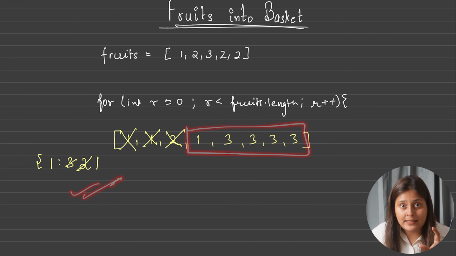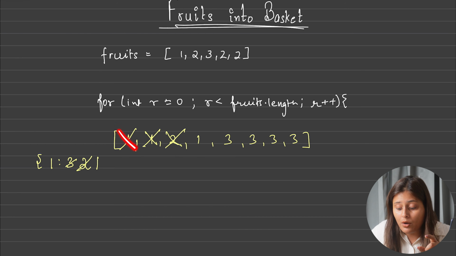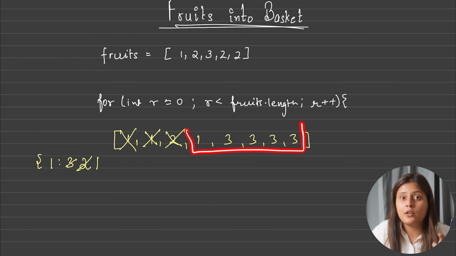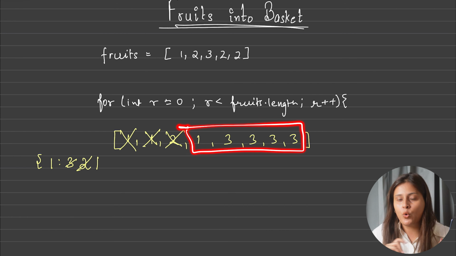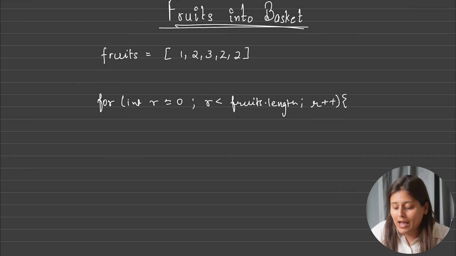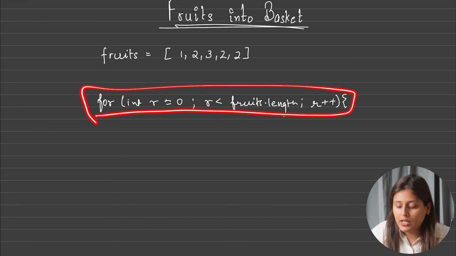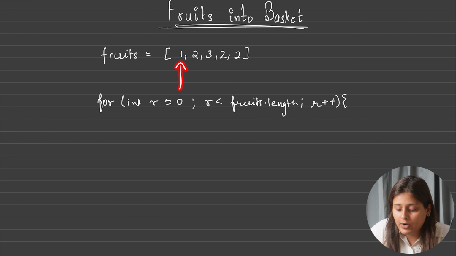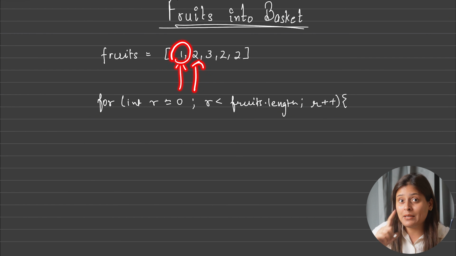If you consider the set data structure, you will end up removing the 1 itself, and we don't want that because you just saw 1 is still needed for our final answer. So hence we will go with the hash map here instead of the set data structure. Okay, so we have taken this for loop for the R pointer, and now my R pointer will move forward and I want to keep all these elements in my hash map.